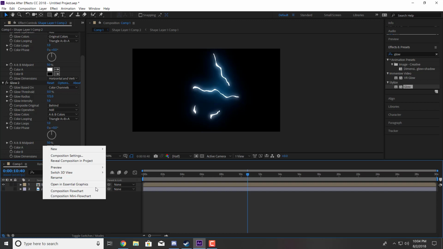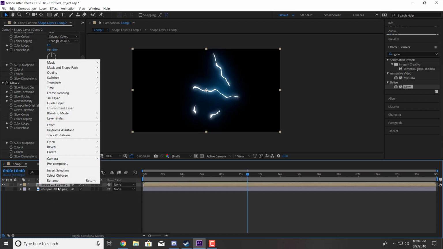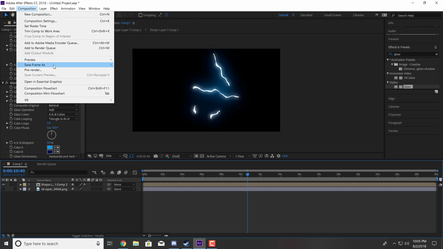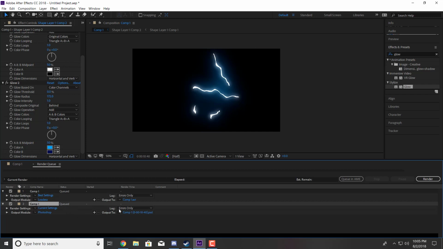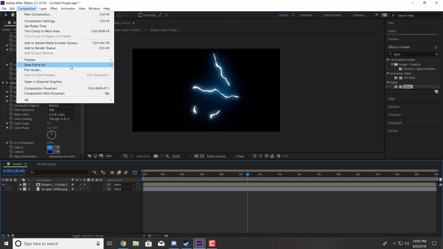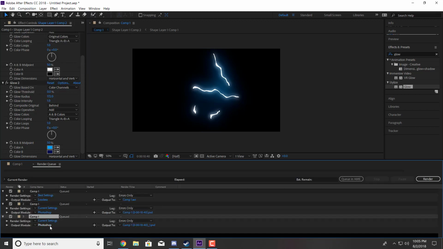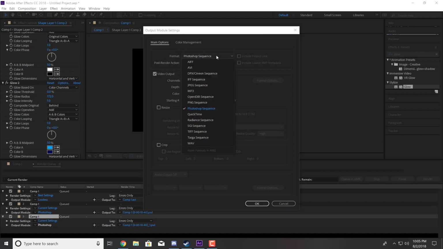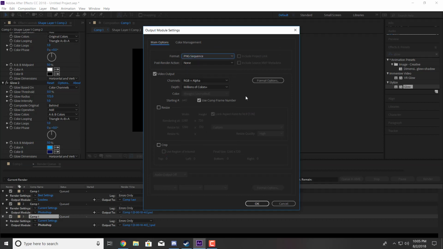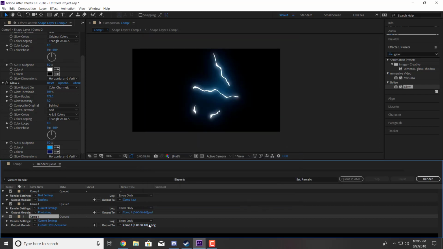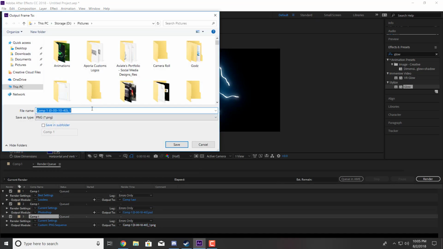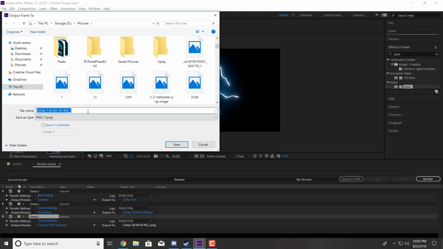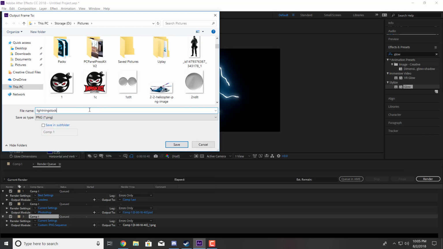Wait a minute. Trying to remember how to save it as the save frame. It is save frame. I'll do it again. We're going to go to composition, save frame as file. And we're going to click on the Photoshop sequence and change this to a PNG sequence, and then RGB and alpha, and then we're going to click here, and then we're going to change the name to whatever you want. So I'm just going to name it lightning stock, and then it's going to